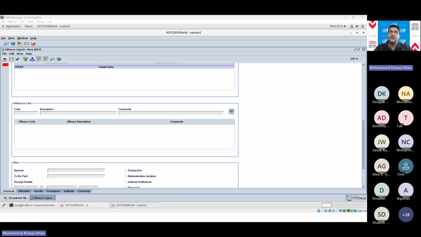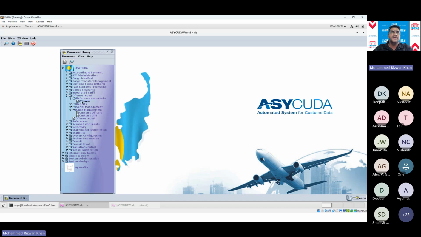Not yet. In the standard version, no. If you have access to the particular offense e-document and you do a find, then you will see all the offenses. I get what you're asking: other administrations, like police, biosecurity, and customs, you want them to see only their offenses and not the offenses created by the other agencies. At the moment, that is not the case. But I'm sure we can enhance that to lock in other agencies as well.